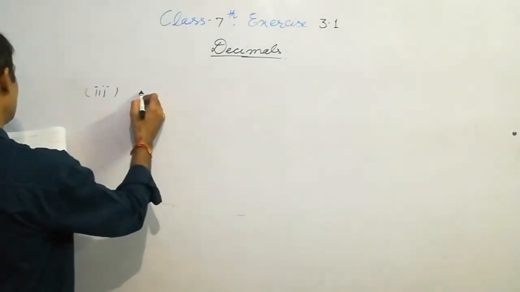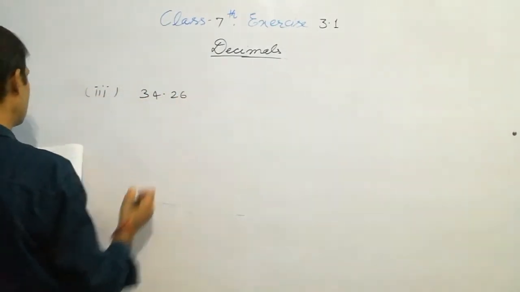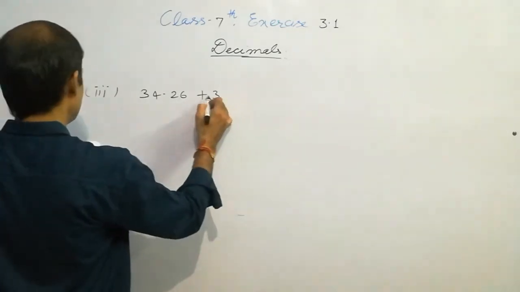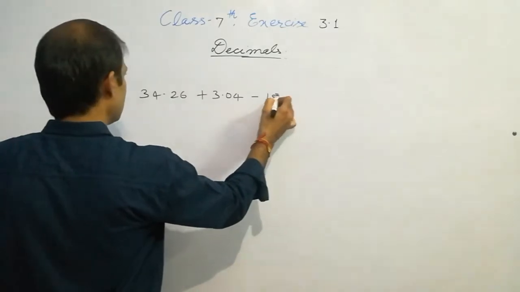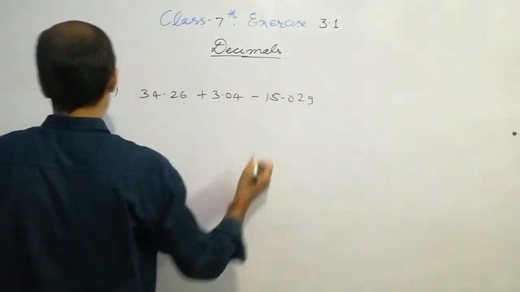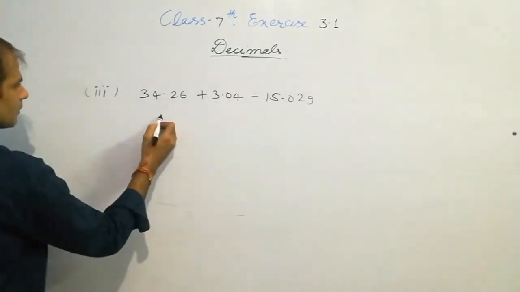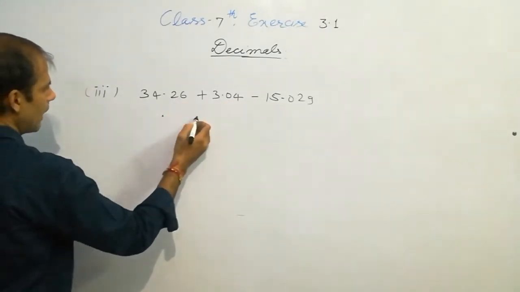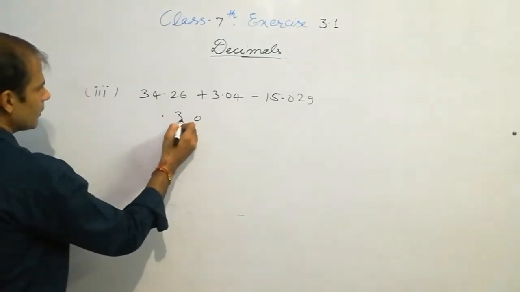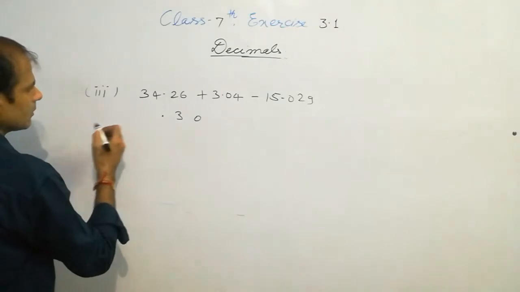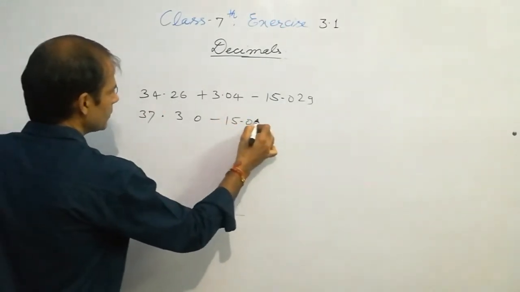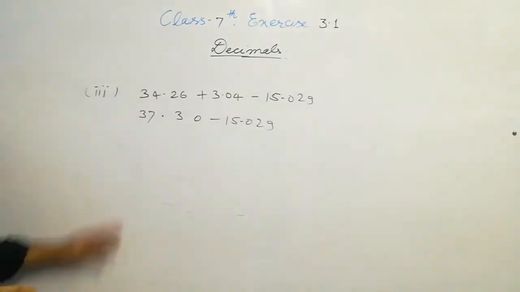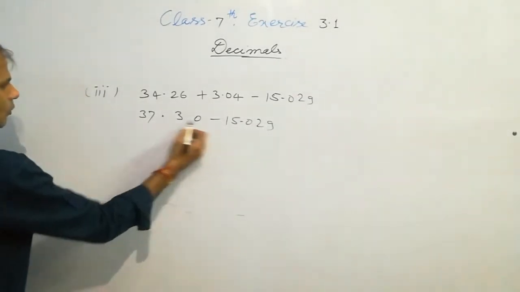So after regrouping the numbers we get 34.26 plus 3.04 minus 15.029. Now add both these. So it is 6 plus 4, 10, 1 carry and it is 3 and it is 37 minus 15.029. You can see these are not like fractions. So write the bigger number